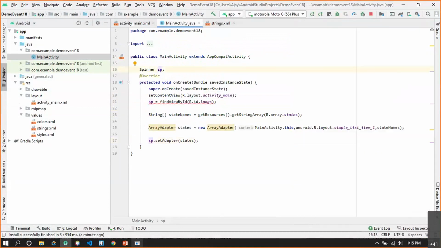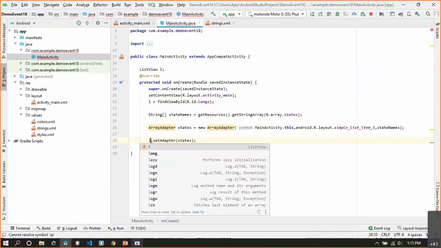Since it's a list view, it will be referred by an object of type ListView. So I can say ListView L. Now instead of spinner sp, I'll call L is equal to findViewById R.id.lines, and L.setAdapter states.